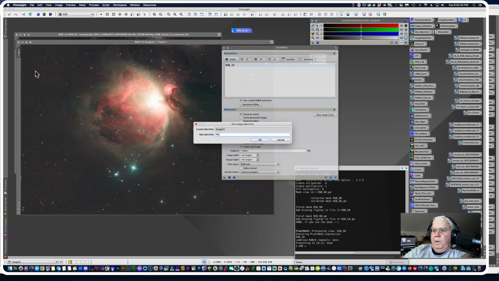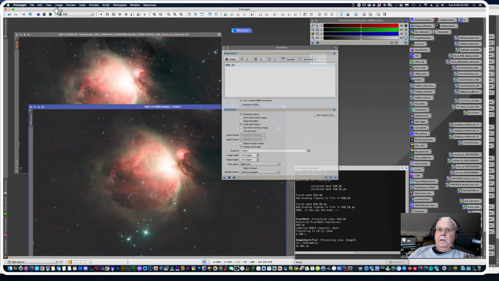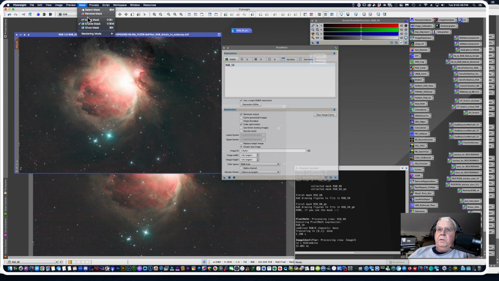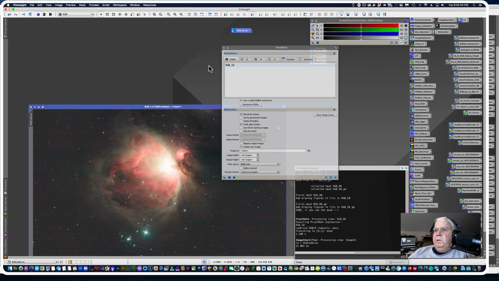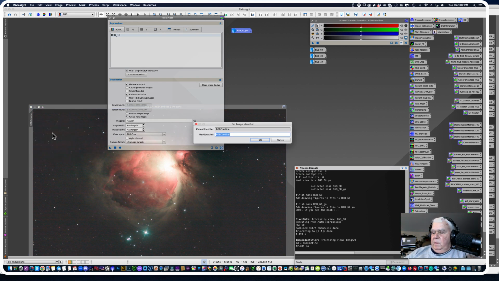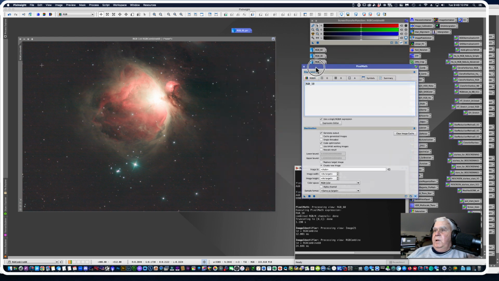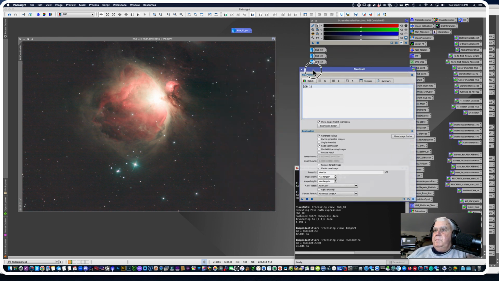So now I have a RGB combine, and I'm going to remove the mask. I may use that mask later, so mask, remove, and this is my 60-second image. Probably won't need that again. By the way, I need to retitle this Recombine 60 seconds, and it also has the 10. And while we're combining, now I'm going to take the